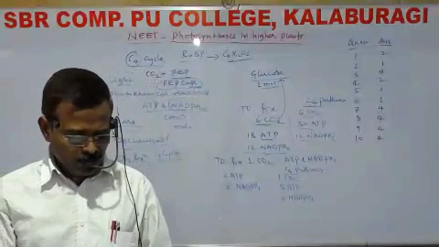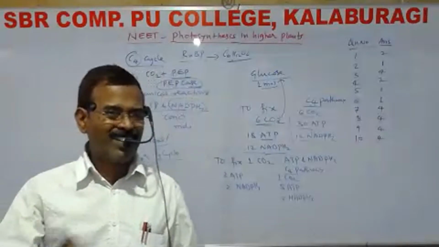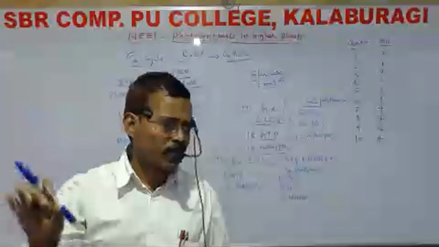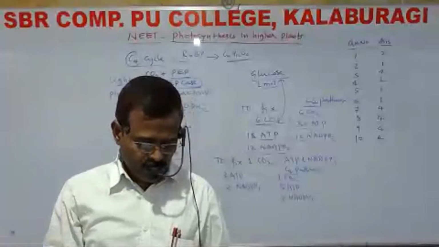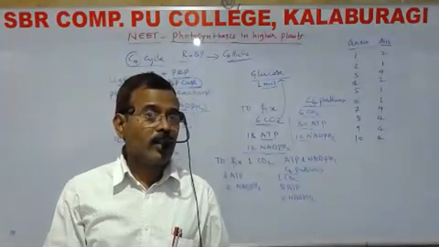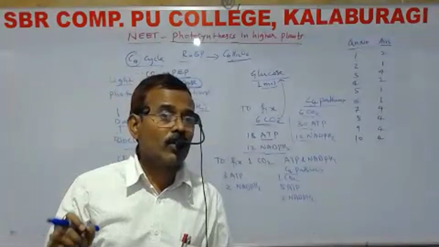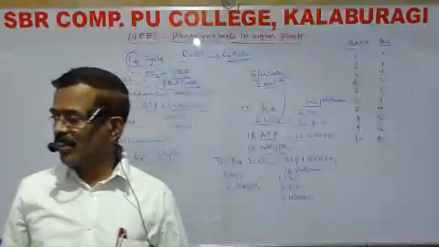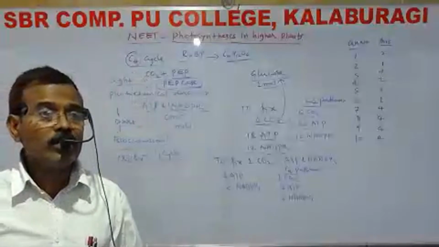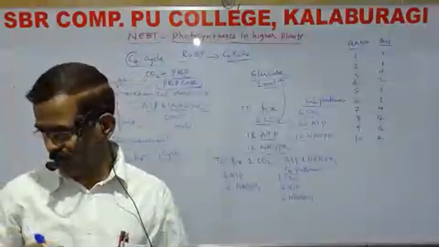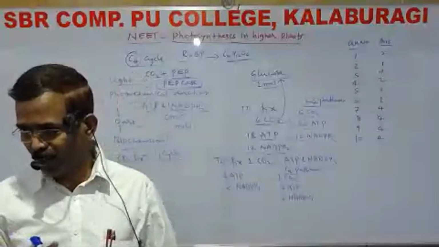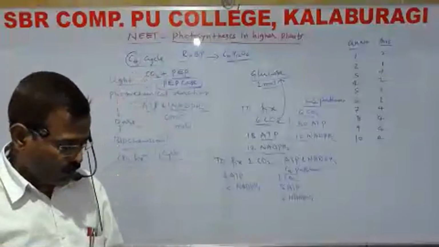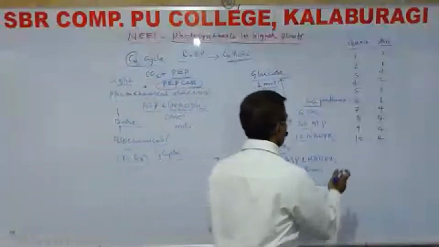Then leaves have two cell types: bundle sheath cells and mesophyll cells, right? Then mesophyll cells lack Rubisco, right? Mesophyll cells do not have Calvin cycle enzymes. Similarly, bundle sheath chloroplasts do not have C4 cycle enzymes. That carboxylase enzyme will not be there, right? So the 11th one will be